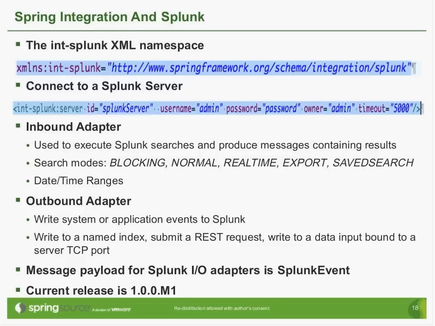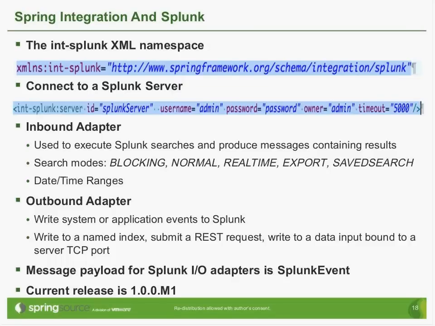So I'm going to talk a little bit about the Splunk adapters for Spring integration. As with other Spring integration adapters, these are supported by an XML namespace. And so in this case, the namespace in Splunk needs to be added to your Spring Bean definition file. Spring integration essentially is a Spring Bean configuration file that's used to build a Spring application context. As you'll see during Damien's demo, it'll be a little more clear.